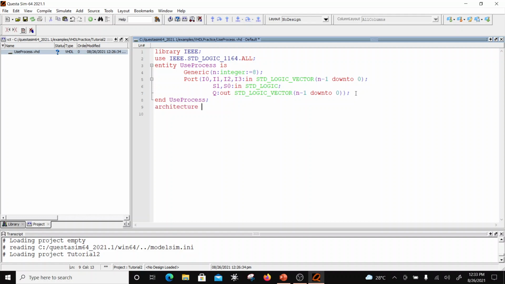Architecture UP of use process is. Okay, and then there is a declaration section of architecture, then you say begin, and then there is a body of architecture and you say end UP, and that's how you define architecture. Now inside this begin and end UP, the body of the architecture, I can only have concurrent statements. So I am going to have a process block,